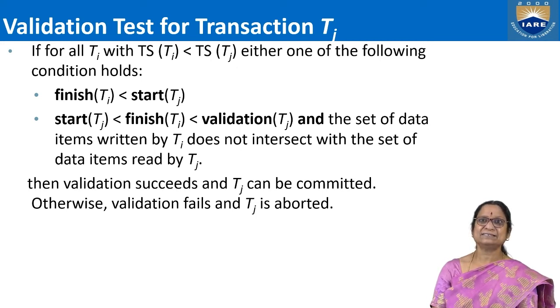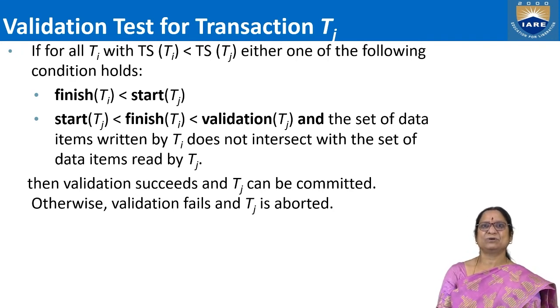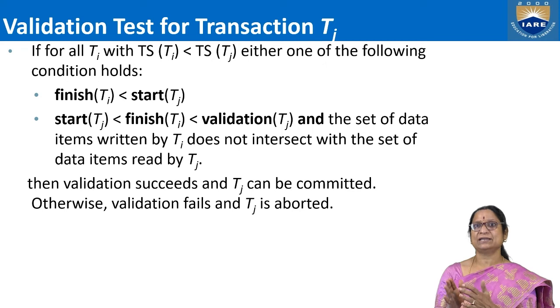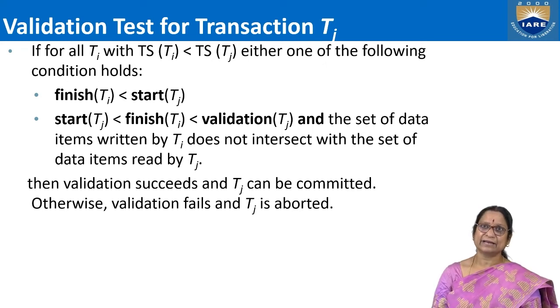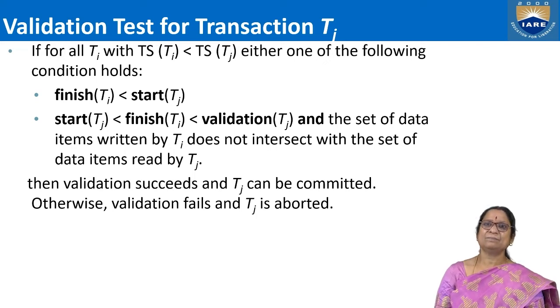That is, once it is started, the finish of TJ must always be considered as after completion of the starting and less than validation of TJ. That means either of these two conditions must hold. That is, before starting TJ, the first one must be completed, or if it started, the timestamp of TJ must be less than the finish of TI and less than the validation of TJ. That means the finish of TI must be after validation only. Before validation, we are going to consider